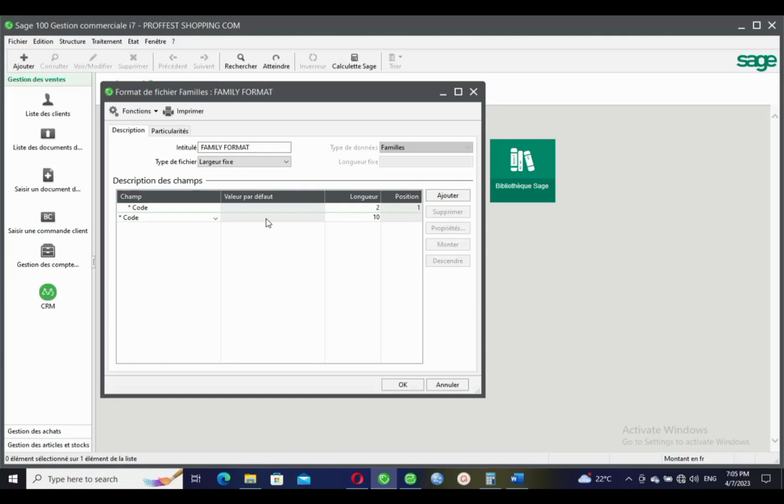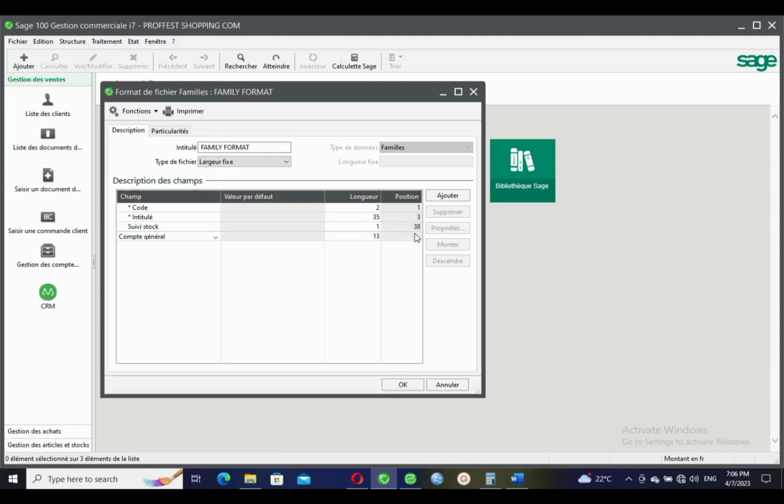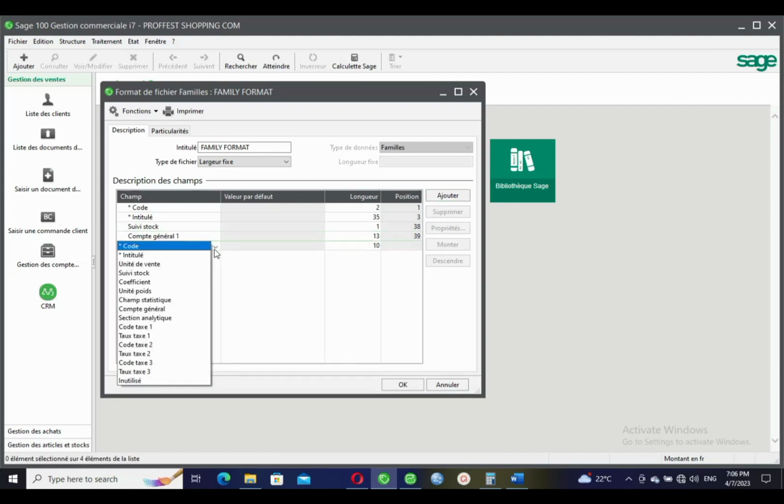in the list. I will take ajouter, and here I'm going to select intitulé, which is the description. 35 characters is okay. What else do I want to import? Suivi de stock, so that I take the stock valuation system. What else do I want? I will equally want it to carry the compte général, which is the general account numbers attached to those families, so that when we are importing, you also import all of that. If there is any other thing I want to add, I just have to select it from this list, like for example unité de vente if possible. So when I'm done selecting the fields or the information I want to import or export, I take OK, and